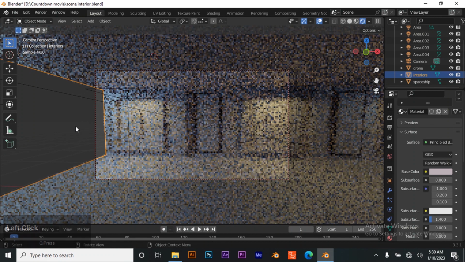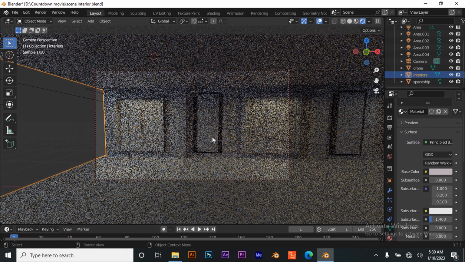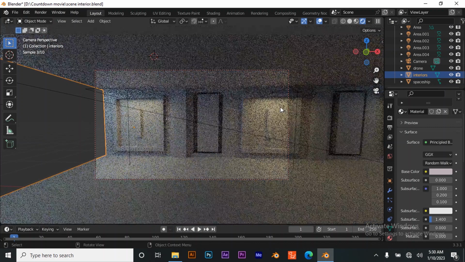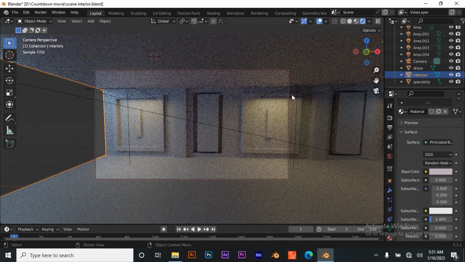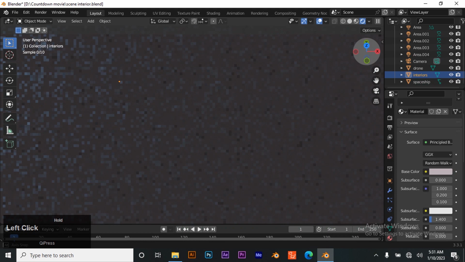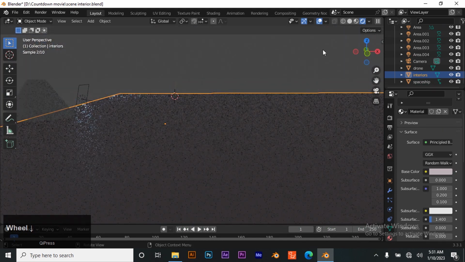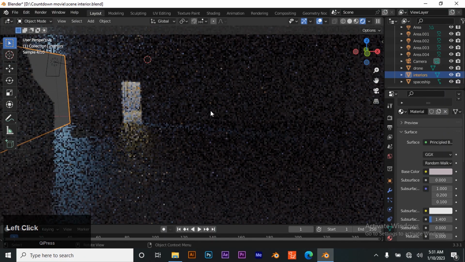Okay, so let's wait for it to sample out and see the outcome. So this is actually great. So I'm just going to move out of the camera view using 0. So I'm just going to save this